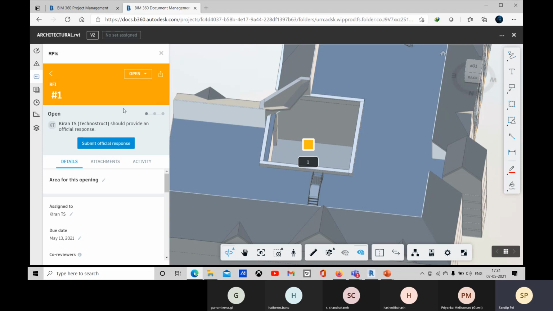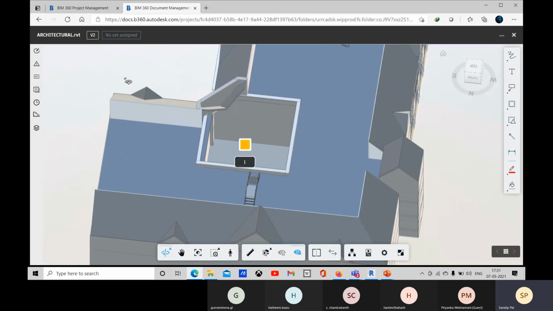All right. So you see that workflow. The manager is the central hub. The creator sends to the manager, the manager sends to the reviewer, and the reviewer submits the official response to the manager, and then the manager submits it. So this way you will raise your question and solve all your doubts related to your project. And this is the official manner how you do it.